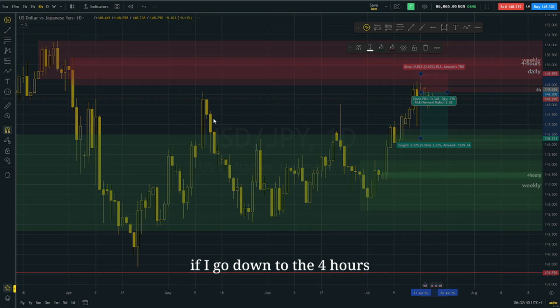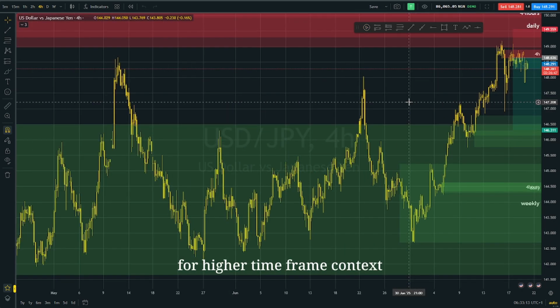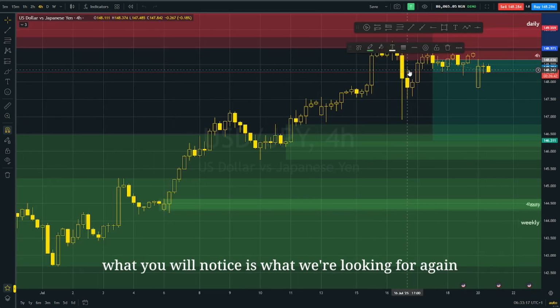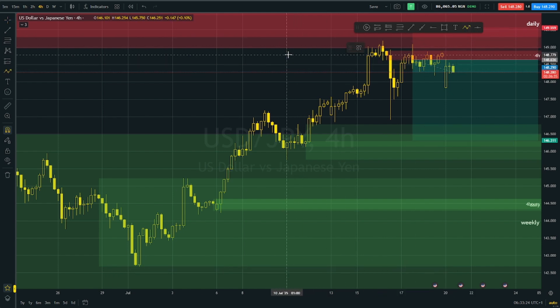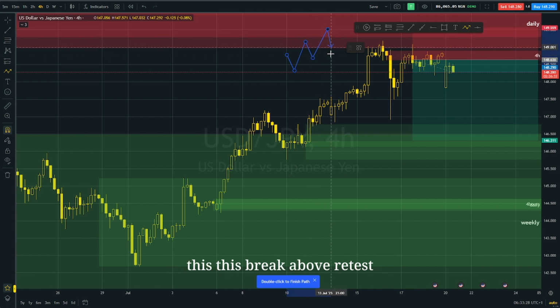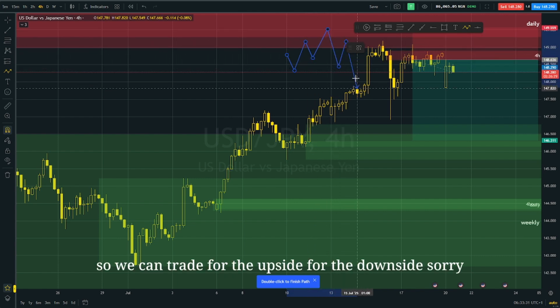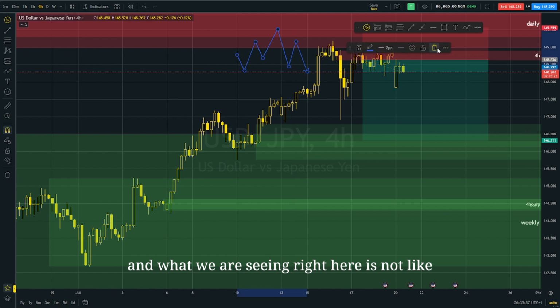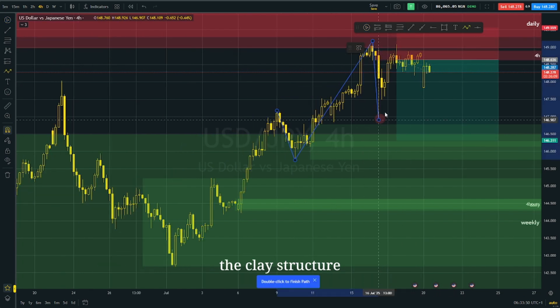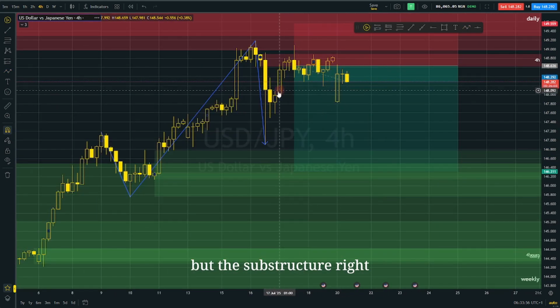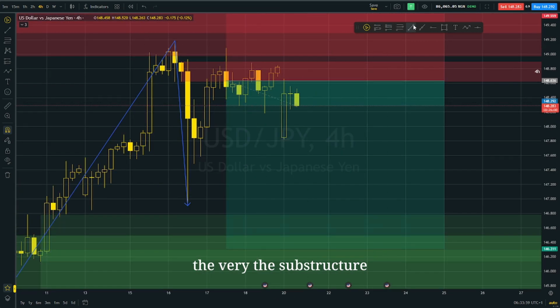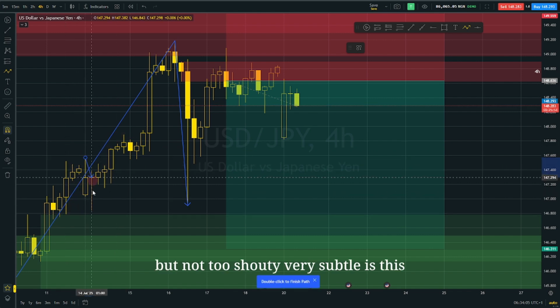If you use the daily time frame for higher time frame context and you go down to the 4 hours, what you'll notice is what we're looking for again is the usual. We're looking for a bearish chooch in this scenario. We're looking for price doing this break above retest, so we can trade for the downside. This is what we're looking for. And what we're seeing right here is not the clear structure. This is the clear structure, but the substructure, right? The substructure that is inside there, but it's not too shouty, very subtle,